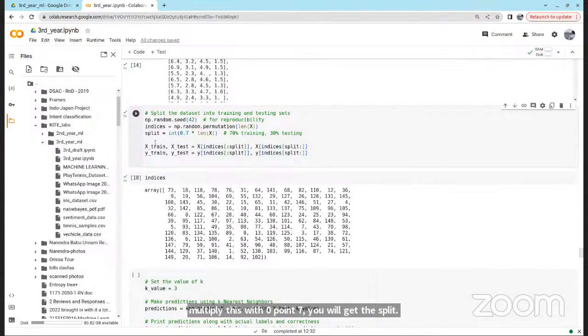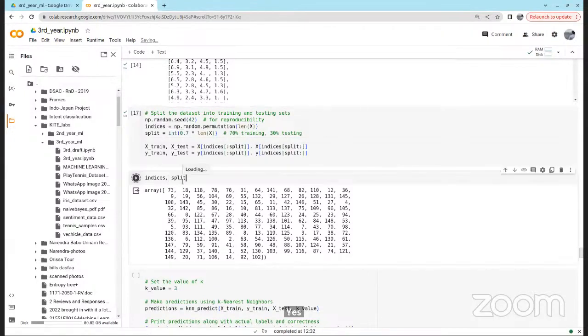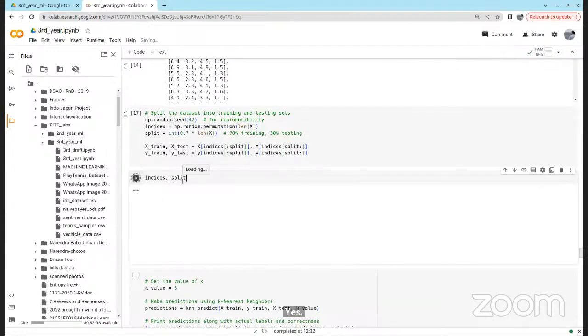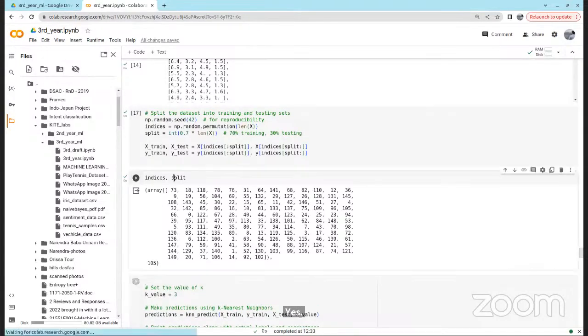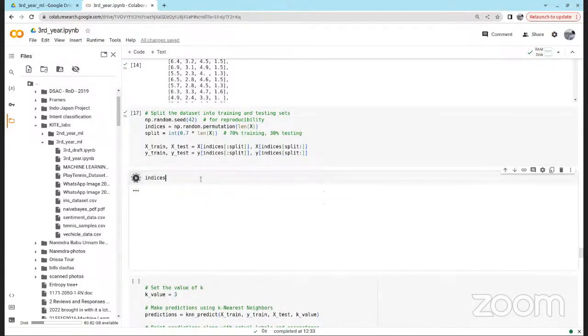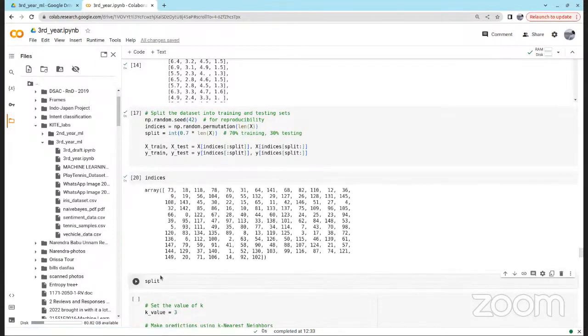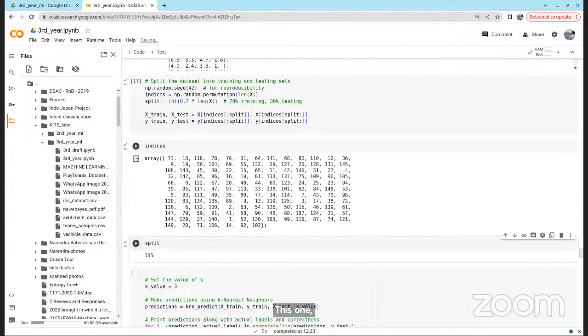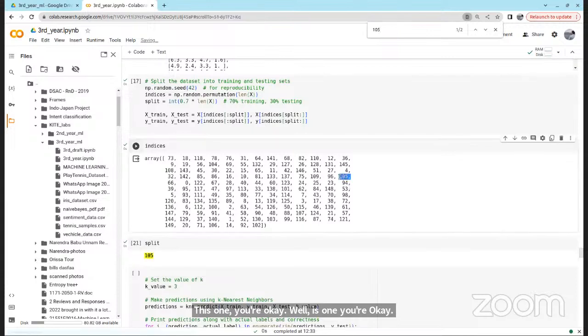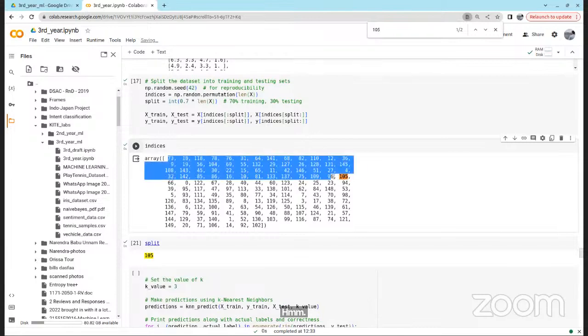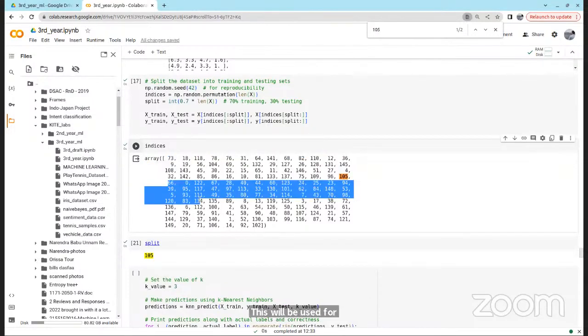So split. This is 105. Where is 105? So this will be used for training, and the rest of it you will use for testing.